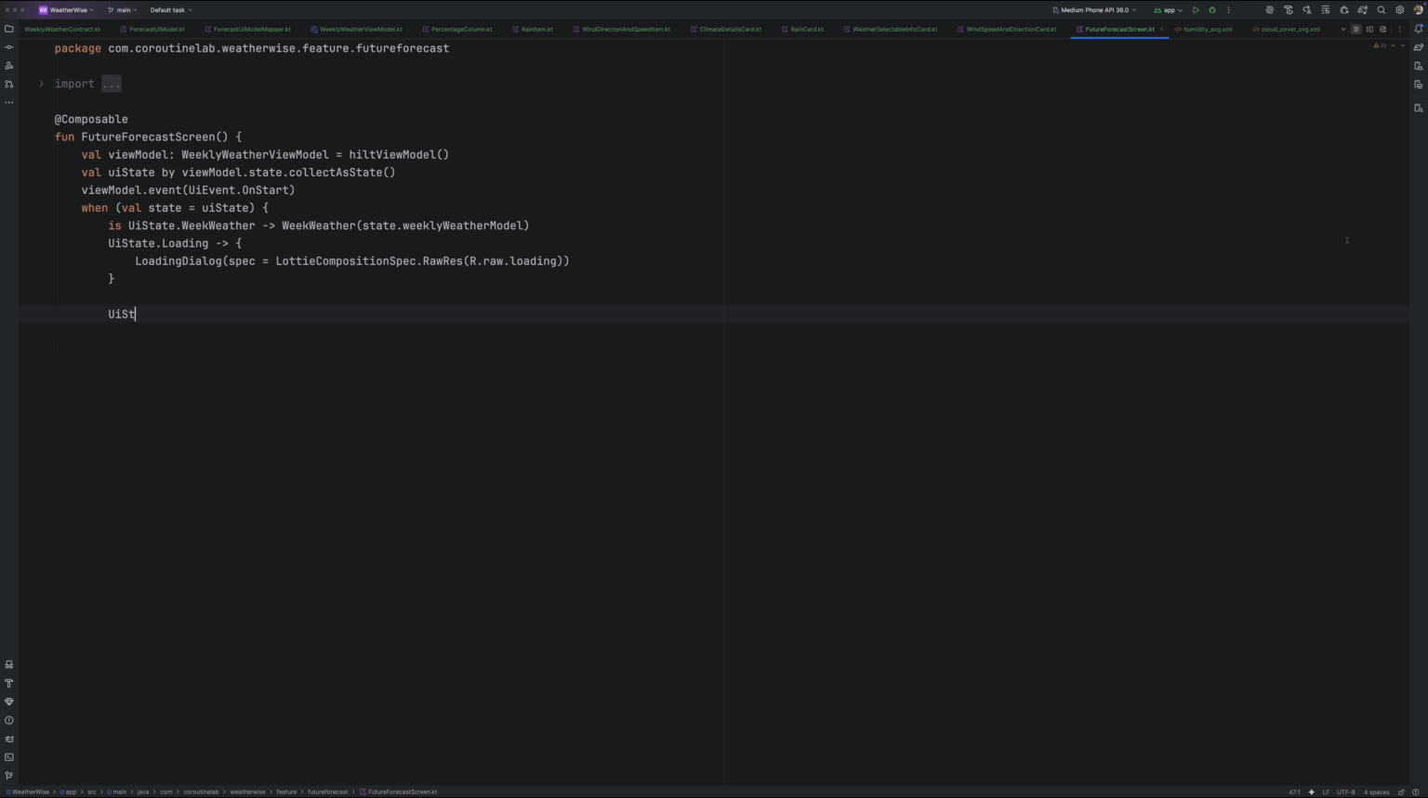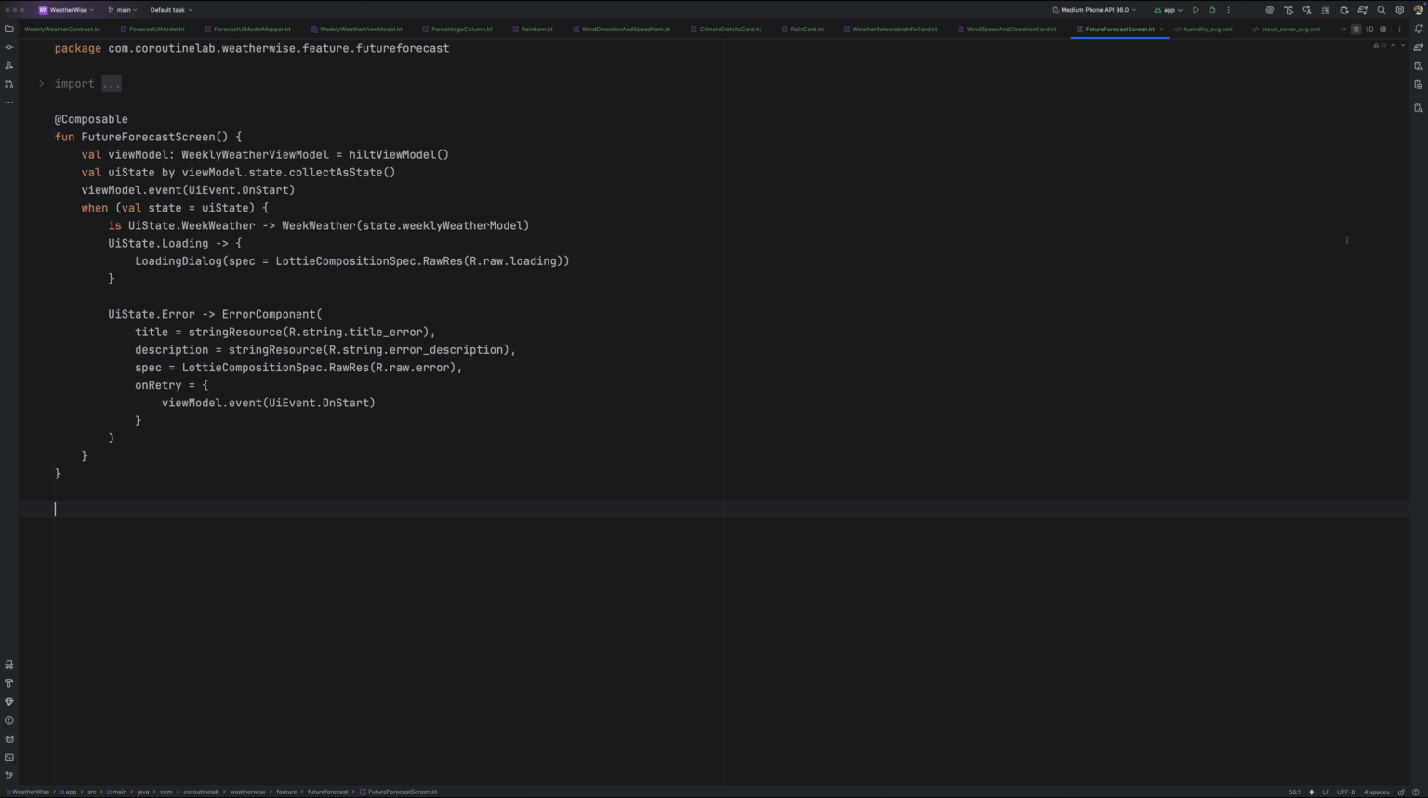If it's loading, show the loading dialog using your Lottie raw resource. If it's error, show the error component with title and description from string resources, and pass a retry that fires onStart again. Now add a private WeeklyWeather composable next to it. It takes the weekly model and remembers a selected card index starting at 0 so we know which day to